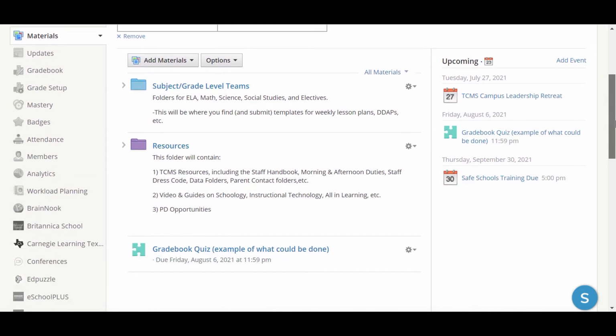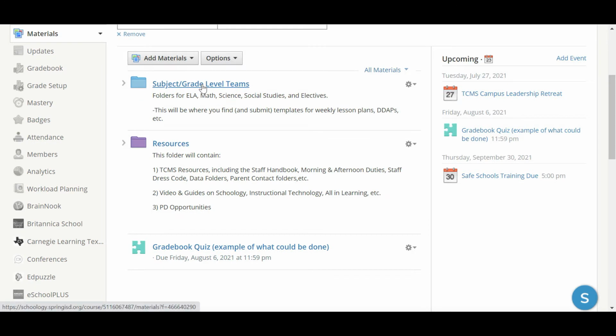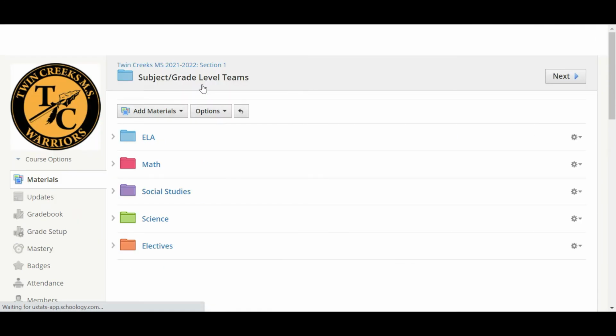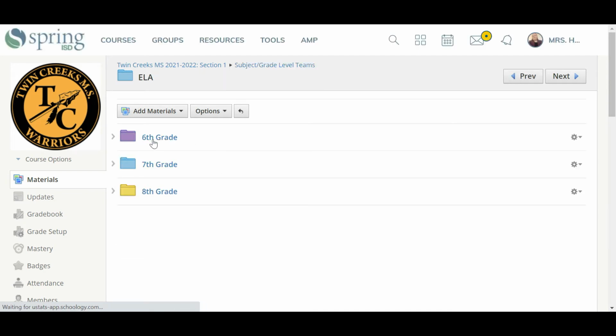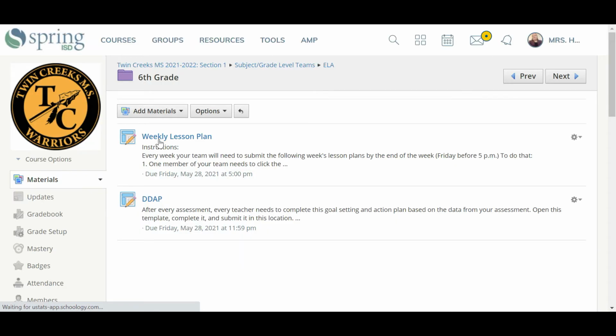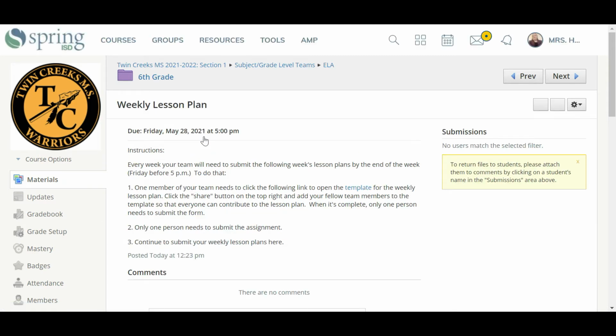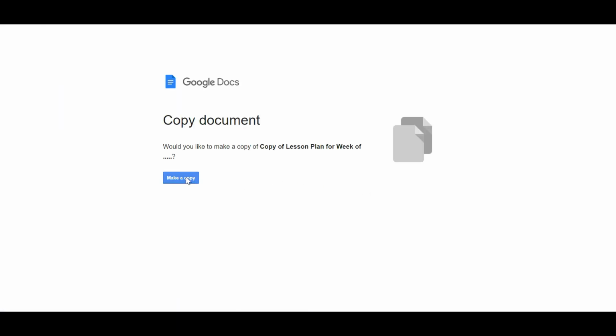Now in the middle, the first folder I have so far is going to be for subjects grade level teams. So when I open it up, you have all the core subjects as well as for electives. Inside there will be the 3 grade levels. And then we could have important information such as either with DDAPs, or this could be where we upload our weekly lesson plans. So for instance, you open this up, and it's going to have the template for the weekly lesson plan. One person is going to open it, they can make a copy,